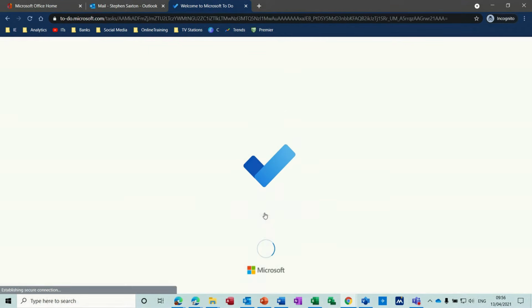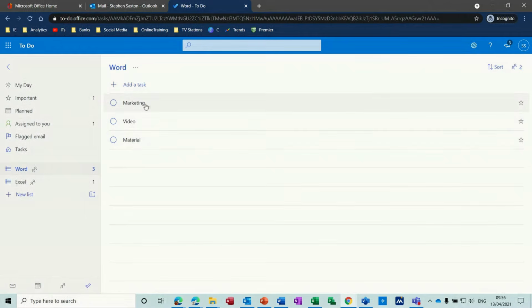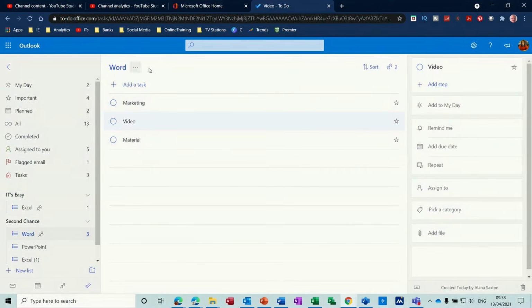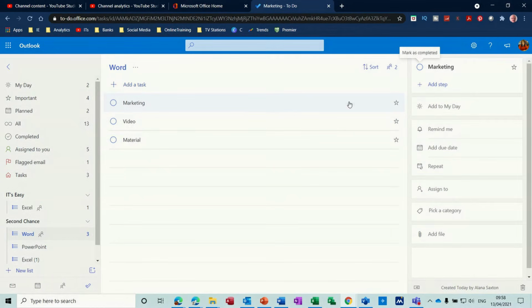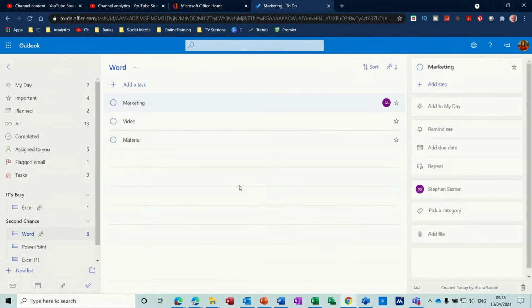Now I want to open it. Open the list, and I can see the three things there. Once you've shared a list, you can allocate or assign a particular task within that list to a person. So if I click on video, or marketing is what I wanted to assign, I now get this option down there. So the two people, I can assign that to Steve Saxton, and I can assign this to myself if I want,